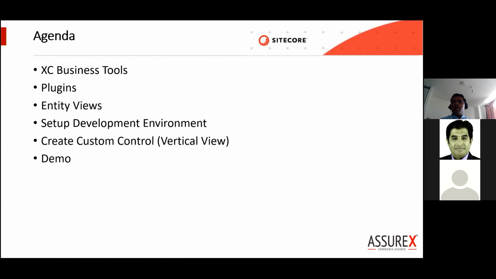The entity view gives a user a complete, extensible and customizable experience, so I will talk about entity views again. The main topic is setting up the development environment. This environment is the Business Tool environment and not the commerce engine, so that we can create a new component. Thereafter we'll see how we create a new component in Angular with the help of entity views, followed by a demo.